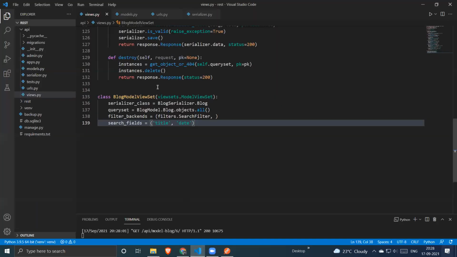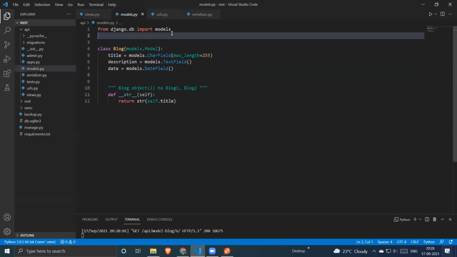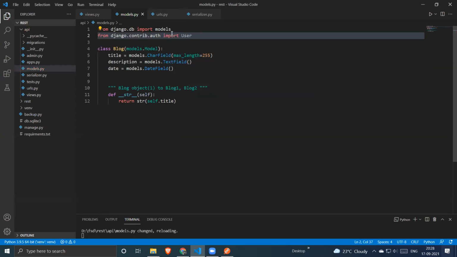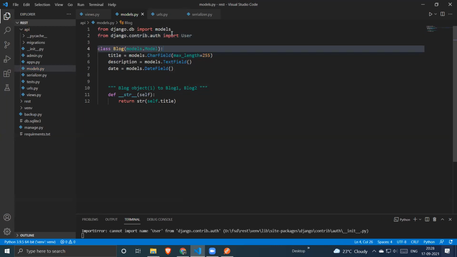Let's do one thing. Let's add a user from django.contrib.auth import User. So what we are going to do, we'll mimic something. For example, who is the writer of this particular blog? So we are assigning a user ID to that particular blog.